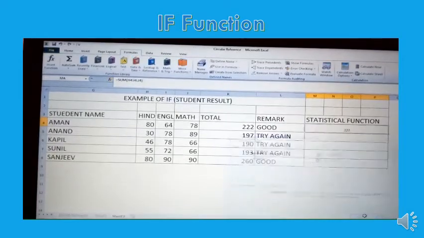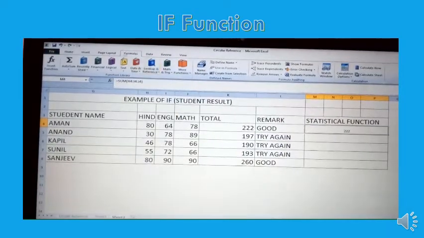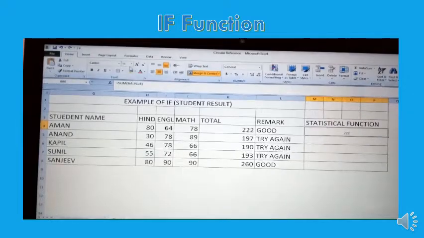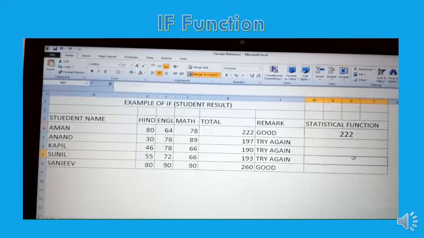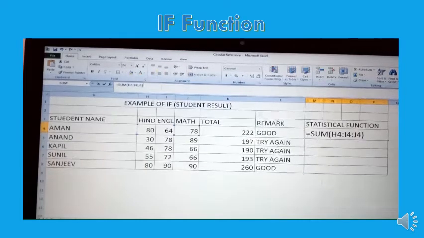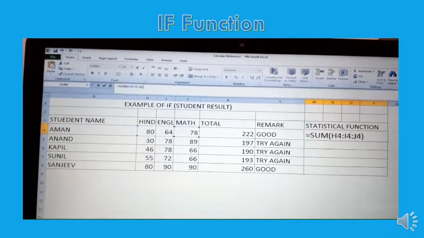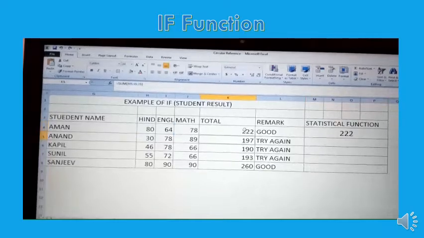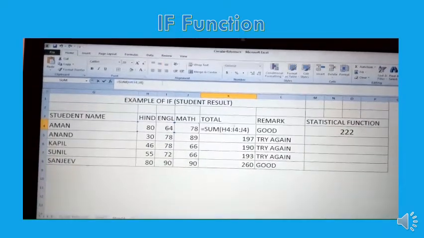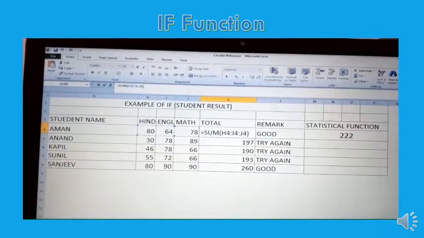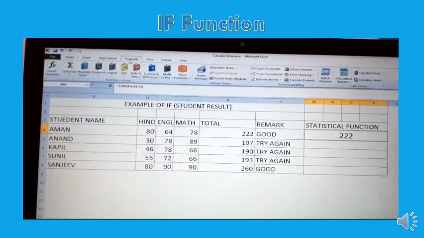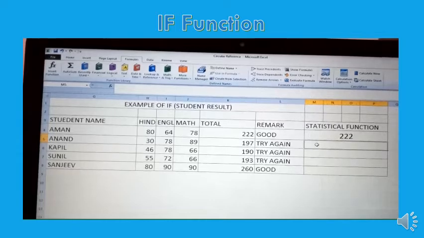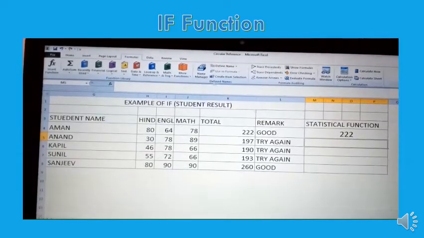So what equals, you are getting 22. 22 is the answer. See, this is the answer. What is the function? Same function, h4 i4 j4. Same function is here, h4 i4 and j4, but method is different. Here directly we are writing sum, but here by this formula we are writing. Same way you can calculate the average also. So everything you can do by this function.